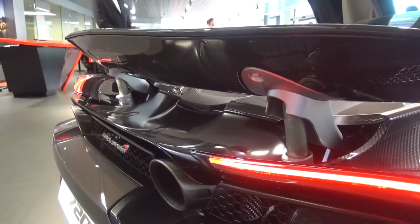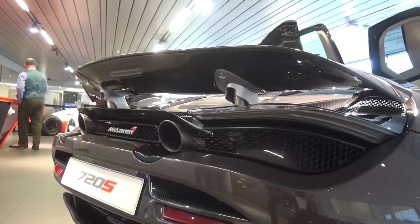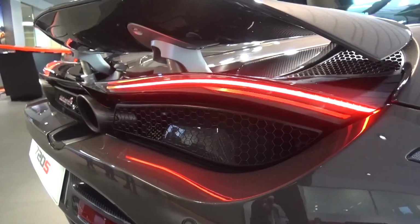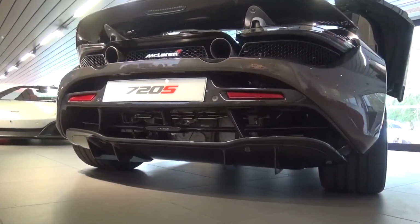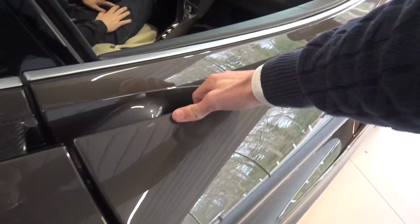These channels run right to the engine bay to help draw out hot air and eventually direct it to the large rear wing. The new rear wing takes inspiration from the P1. It acts as an air brake, has a DRS setting, and apparently improves downforce by 30%. Moving down, the centrally exiting exhausts, with a sport option available, have been designed to produce a more emotive sound,